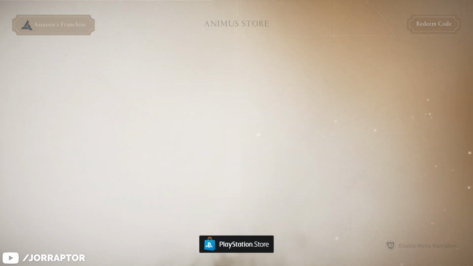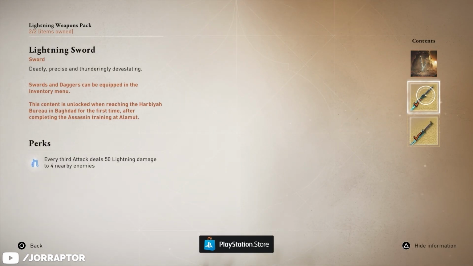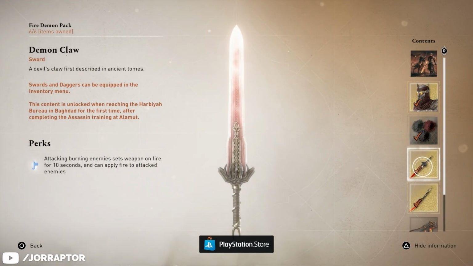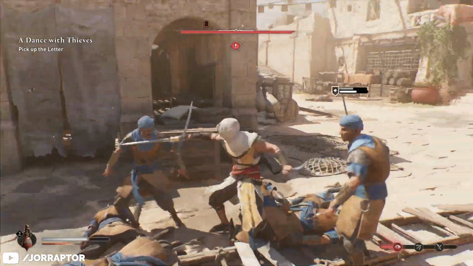At first, if you would check the Helix weapons in the store, they would not load, so you could not see them. Now they immediately show up after the update, so it's working properly again. I'm still using the Rostam sword in combat in combination with tools of course like the smoke bomb, and at